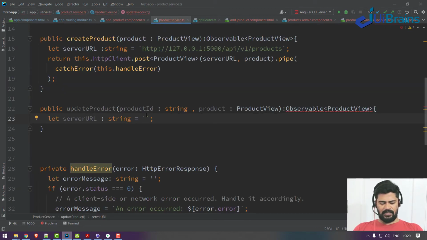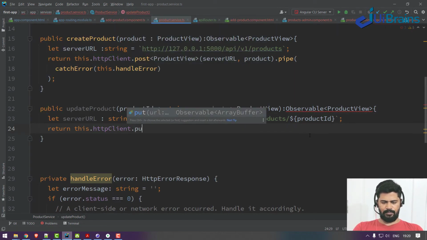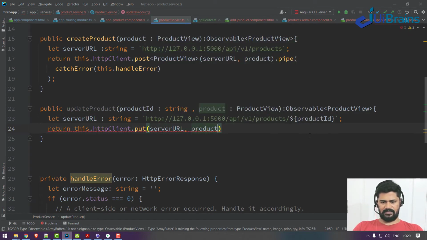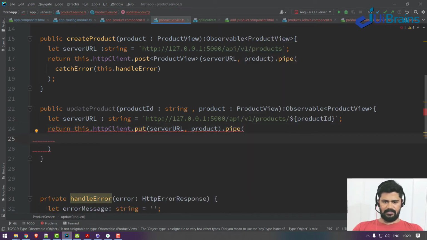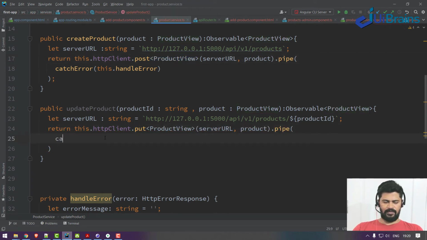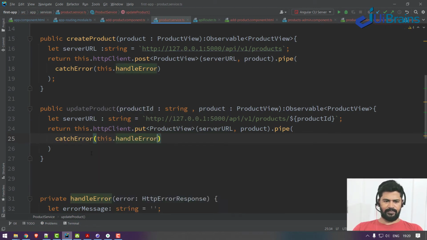So this is the URL, but in that the product ID to be updated with my dynamic product ID which I have provided, and then return this.httpClient.put request to my server URL and also the product object to be sent, and pipe. This again returns a ProductView and catchError of this.handleError. Okay, this is about update product.